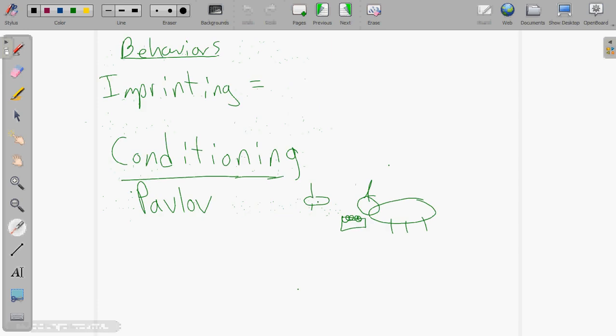Imprinting is like when a baby chick watches the mama hen peck the ground, and so then the baby pecks the ground, and it eventually learns, hey, these bugs are tasty, and so then it knows to eat the bugs. All right. Conditioning. So Pavlov did this experiment where he took some dogs, and every time he fed the